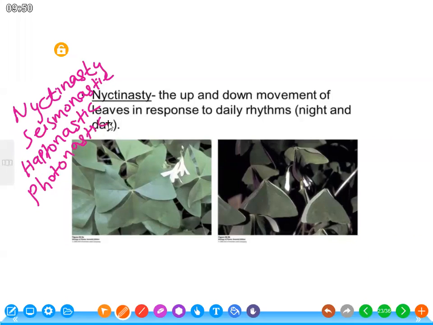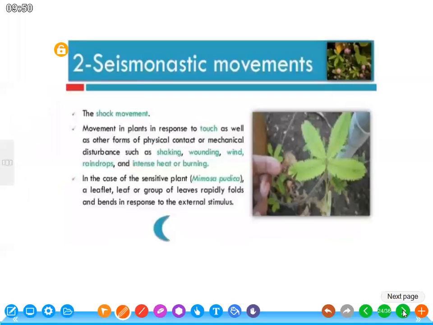Nyctinastic movements are the up and down movements of leaves in response to daily rhythms, for example night and daytime. Then seismonastic movements, the shock movement, are movements in plants in response to touch as